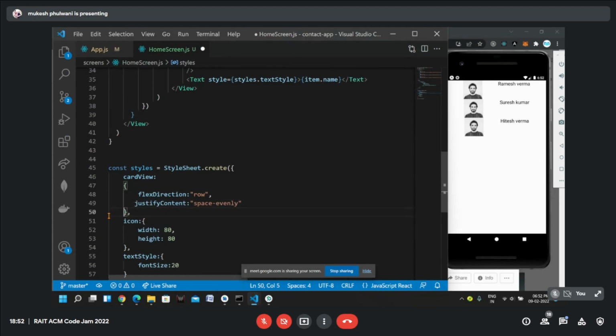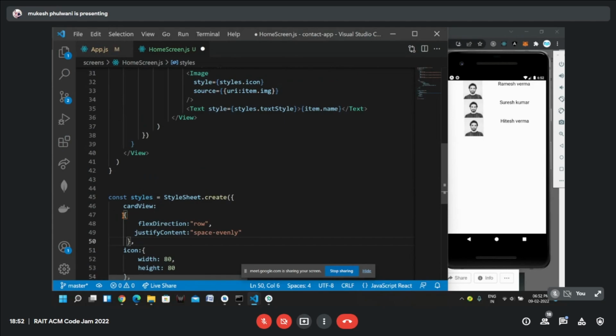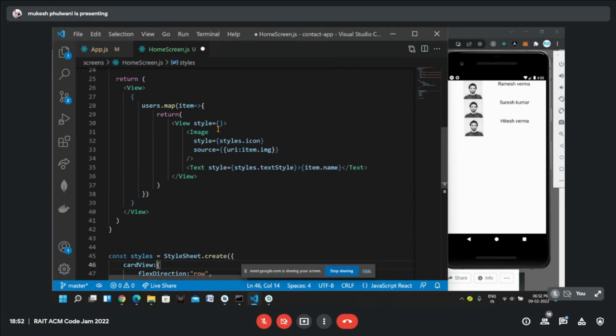We should keep our code clean. So for that, we should write styles on the bottom. Now I can here write styles. I can here use my style object, and from here I can import card view. I can use card view.